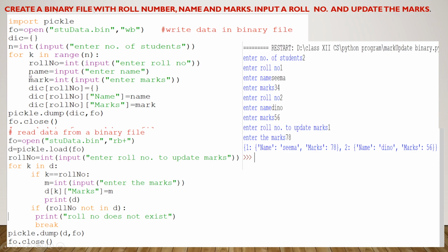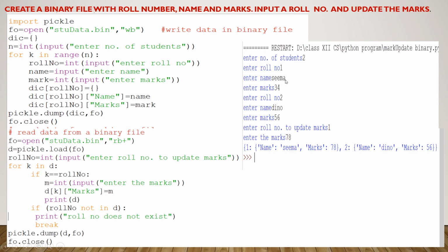Now the second piece of information about the student is name, and name is a variable, and I want to assign the value inside this name through the user. Again I call the input function, and this input function will display whatever argument you have passed inside it. So the argument is enter name, so it will display enter name.